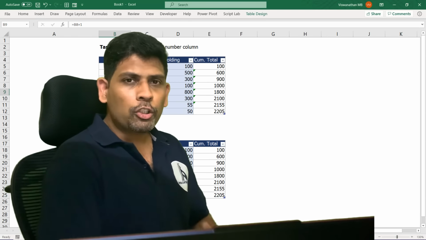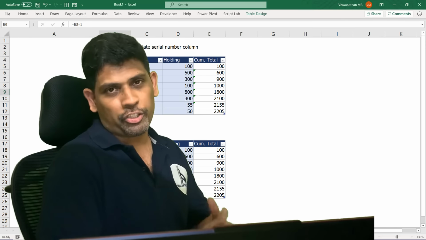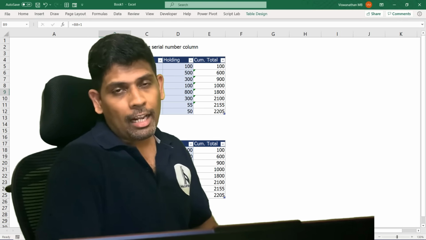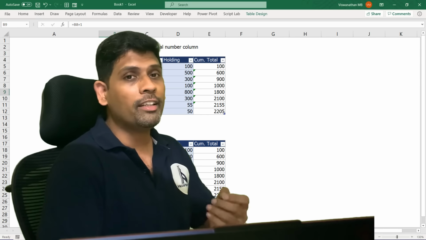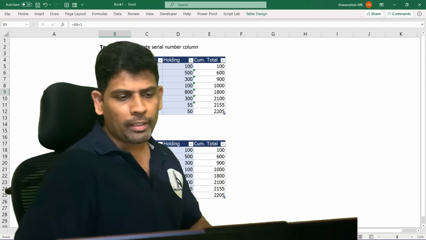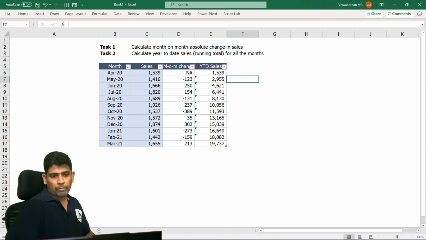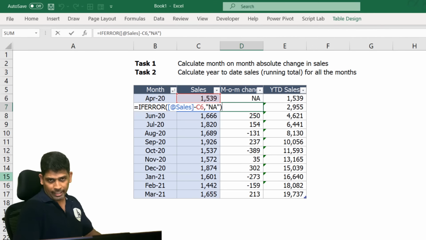See, in Microsoft Excel, we typically work based on the cell structure. And in that, our formula depends heavily on where the data is and not so much on what the data is. So what is wrong with the month-on-month sales formula? We have given the sales difference as the sales in the current row minus C6. So this formula is going to give us the correct answer as long as the previous month sales is in cell C6. If it changes, our formula would go for a toss.